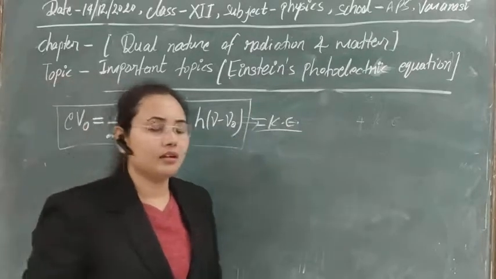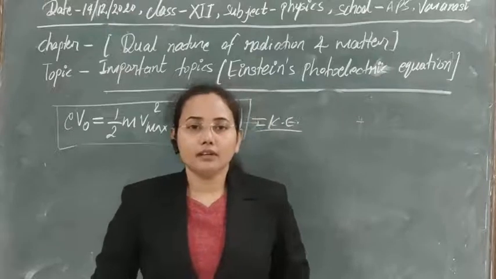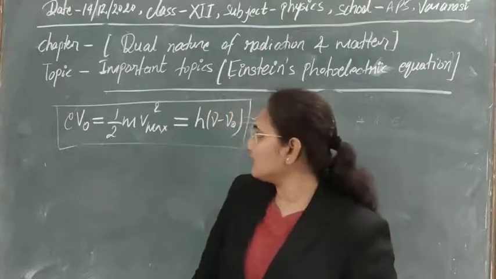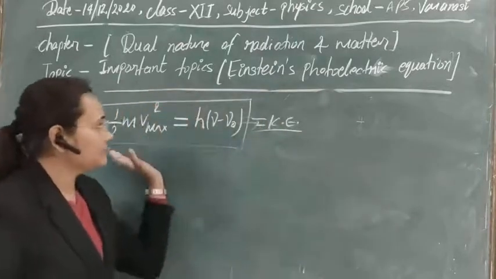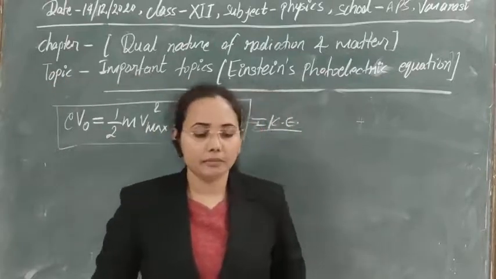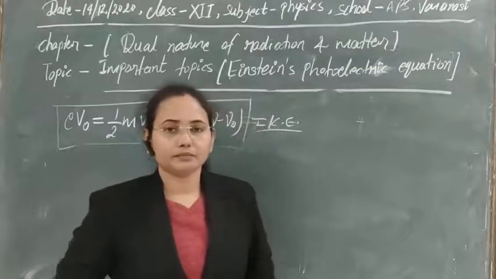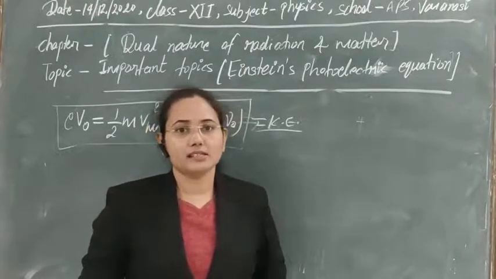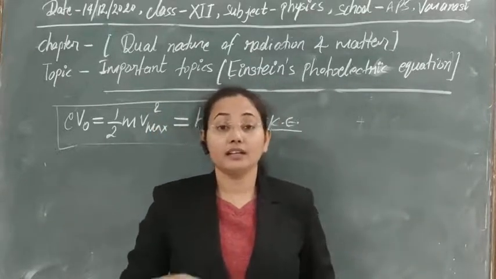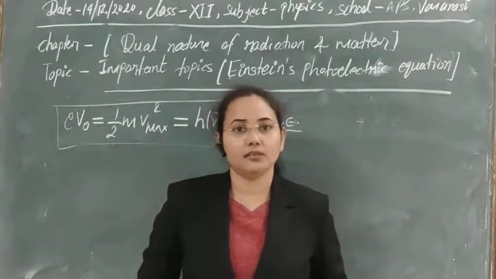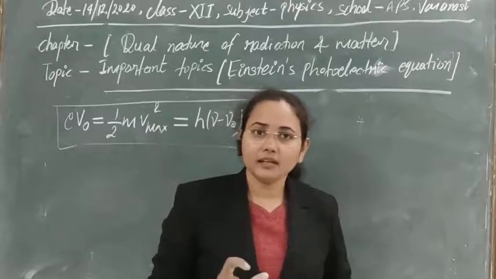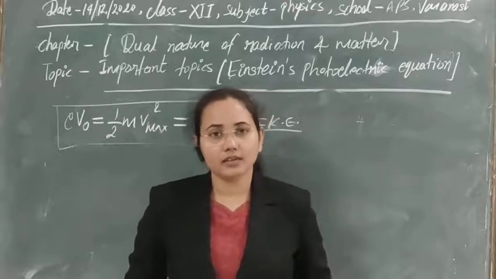Second factor: if the intensity of radiation changes, then with the change in intensity no factor is affected except that the number of electrons is directly proportional to it. With intensity, we know that the amplitude of the oscillation increases, and due to that energy will be transferred to a greater number of electrons, and a greater number of electrons will be ejected from the system. So simple: the number of ejected photoelectrons is dependent on the intensity of incident radiation. The second law is also proved.